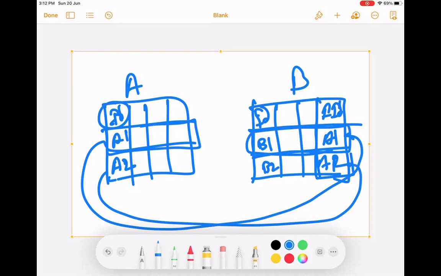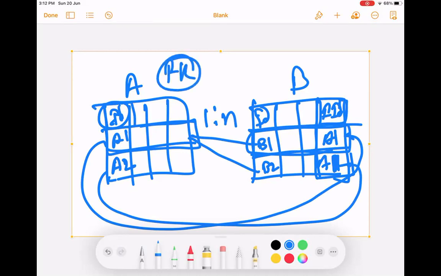If I put A1 in both the rows, then these two rows are referring to the same A1, right? That's how we create a one-to-many relationship. So this ID field is the primary key of a table.